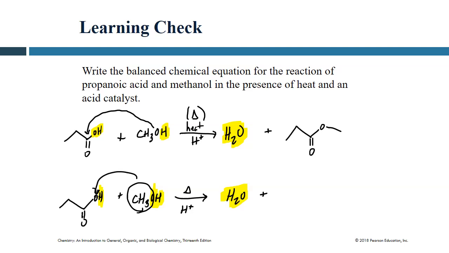Now, like I said, in reality, that's not how it happens. The acid actually is the one that loses the OH, not the alcohol. But again, from a visualization standpoint,